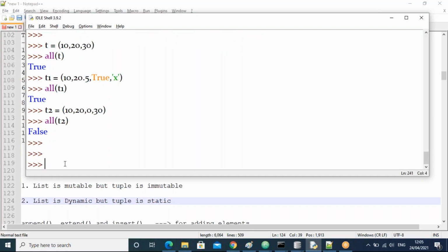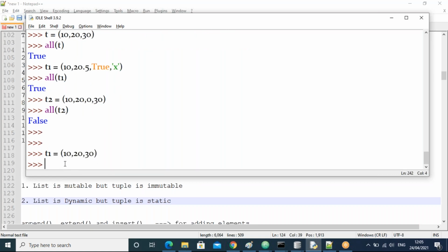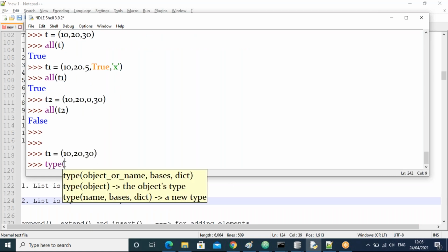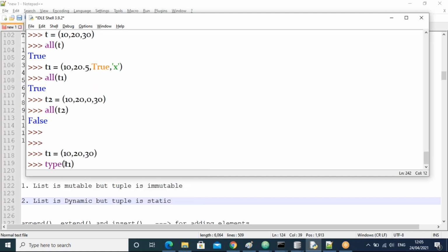I'll take T1 equal to 10, 20, 30. Then any of T1, is it true or false, guys?